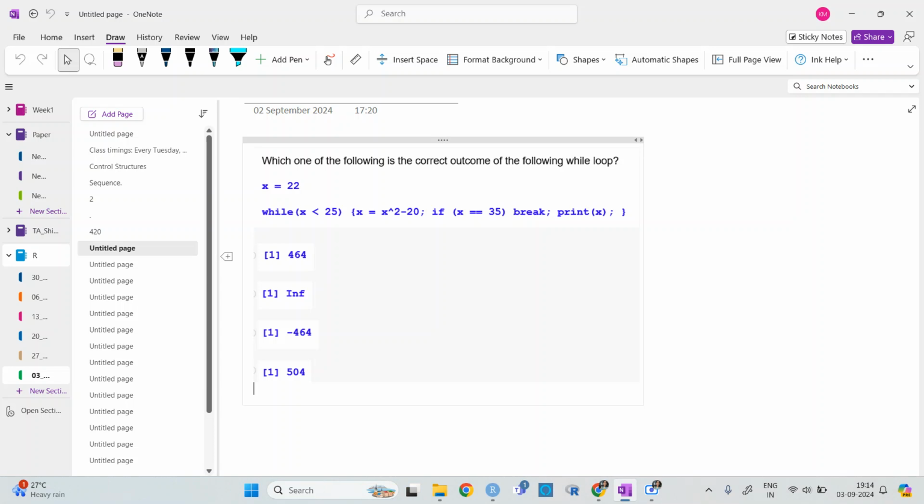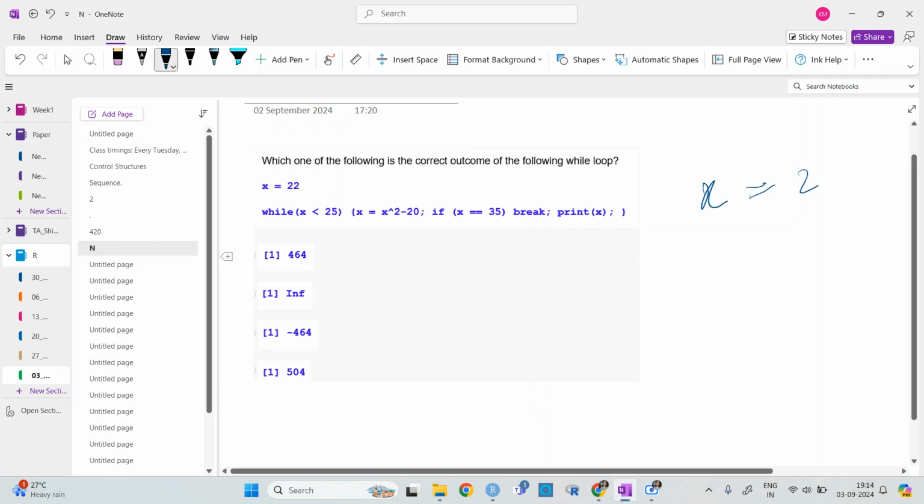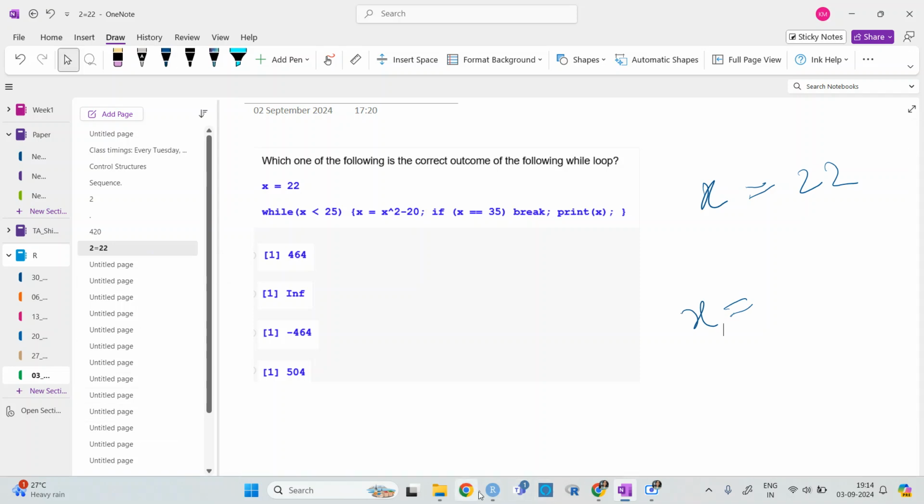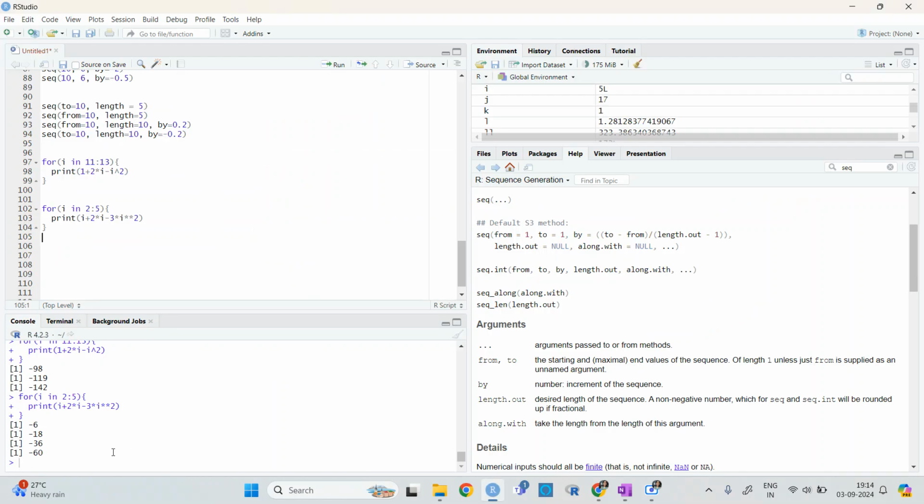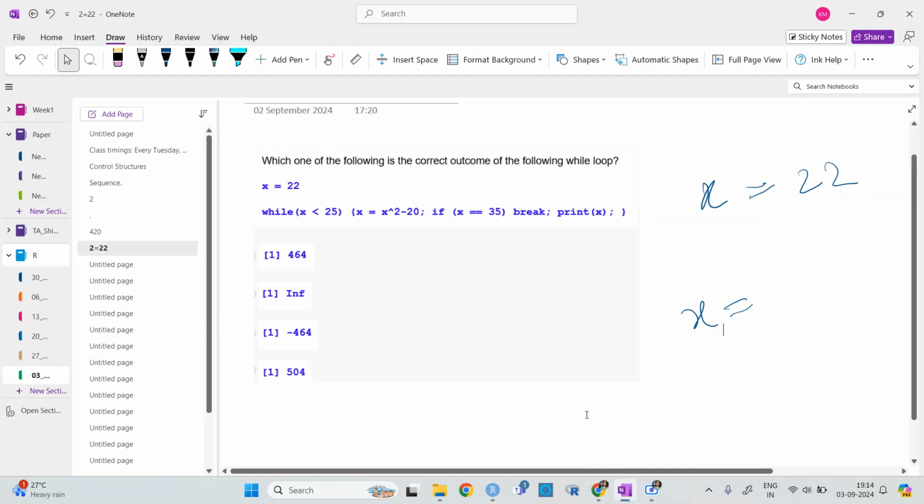Okay. So what is given is x is 22. Now x is equal to x square minus 20. So 22 square is 484, and 484 minus 20 is 464.